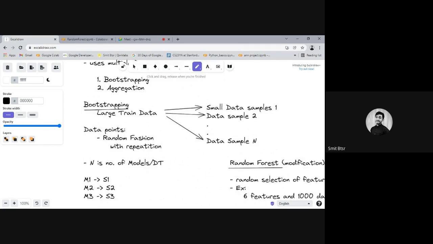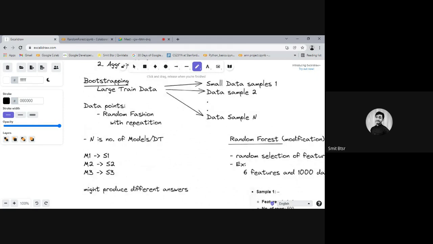Now it will become a little technical. We will talk about how data is split. In the case of random forest, we have a large table, or we can say we have a large data set. You can visualize it as a table, or as a graph with multiple dots, which are the data points in the data set.